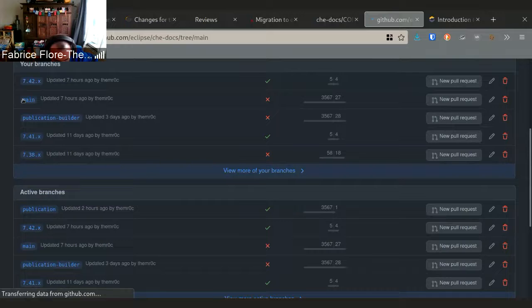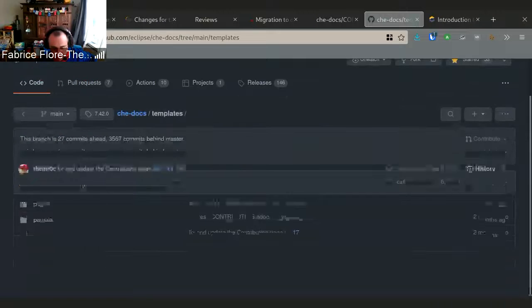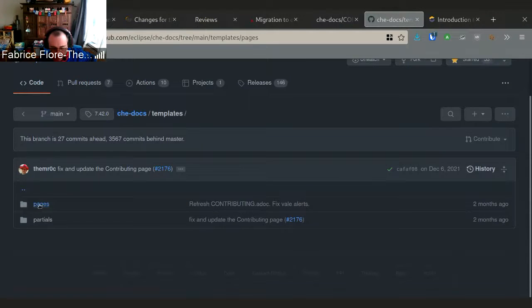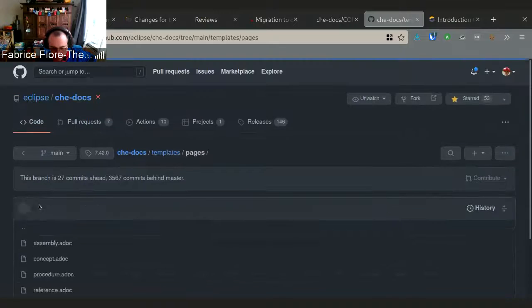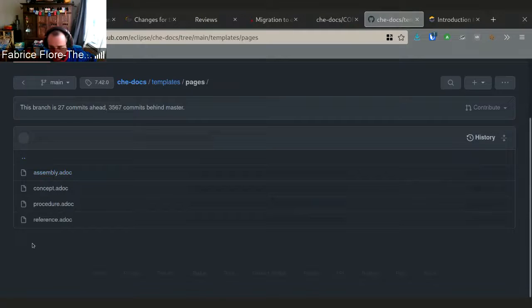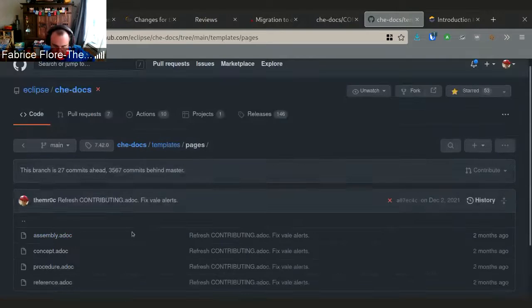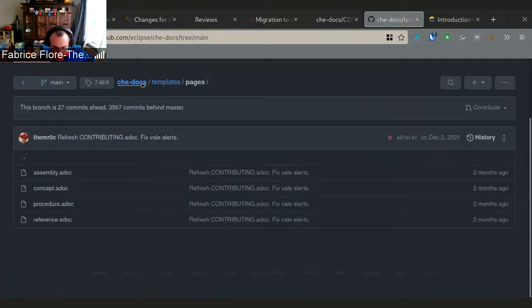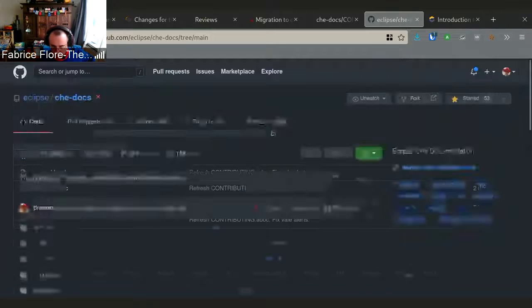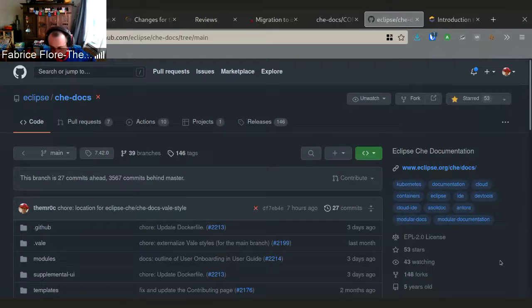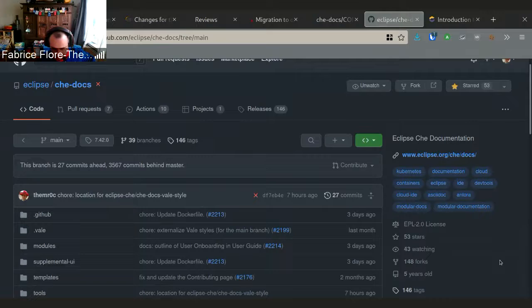To create the pages, we have a templates directory with a very simplified template. So not using NewDoc, but just copying the files. We hope that's a simpler experience. And that's for the announcement of the big changes.